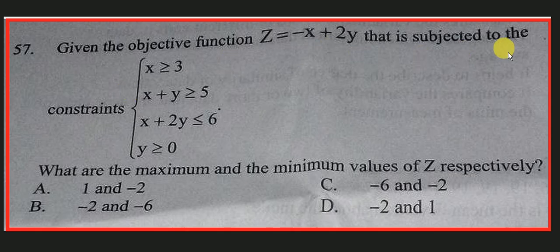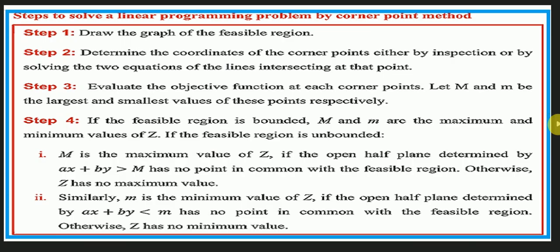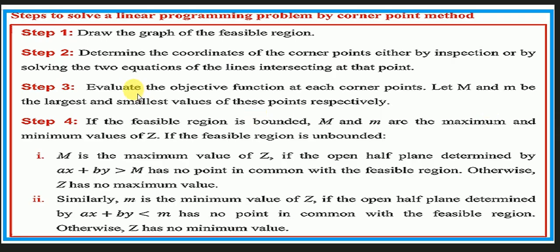that is subjected to the constraint. What is the maximum and minimum values of z respectively? Maximum and minimum value of this function. This is a function of two variables, thus x and 2y as independent variables. What's the maximum and minimum value of this function z? These kind of problems are called linear programming problems. In order to solve this kind of problems we follow certain steps. These are useful steps. Step 1 draws